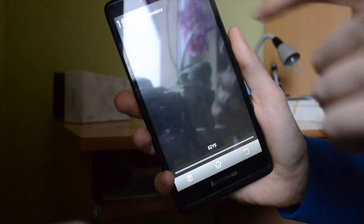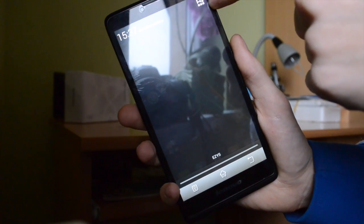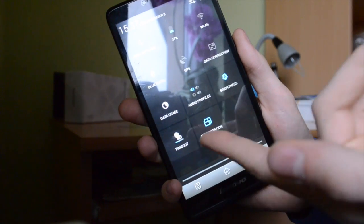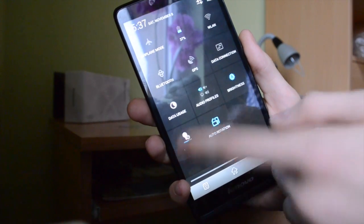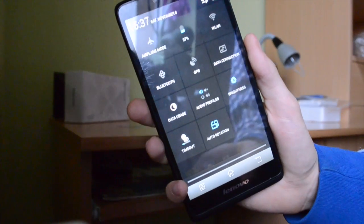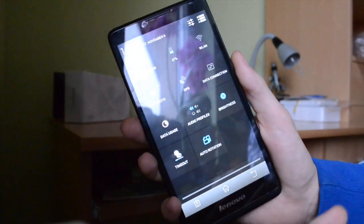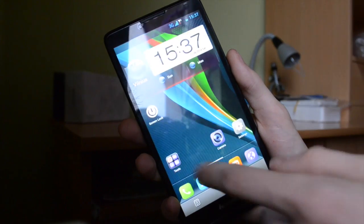As you can see, there's the dot which is in KitKat Android 4.4.4, and you see the notification center is like on the KitKat version. So it is a very great benefit to use this phone because it looks like a KitKat on the 4.2.2. It's modded by Lenovo, and you just don't need to use any mods of unidentified developers, so this is the best solution for you. And I'll show the transitions and other stuff I will present in the next part of